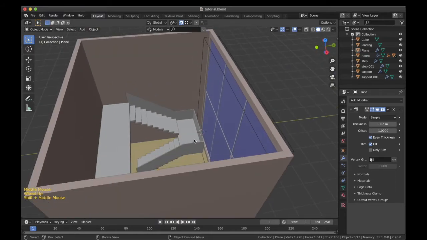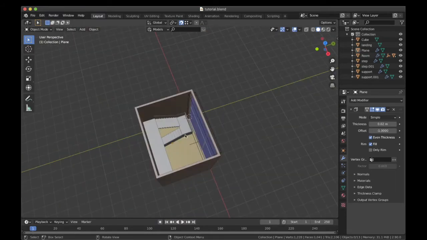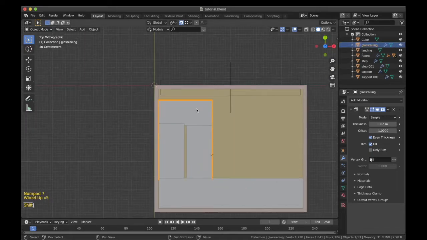Now we also have the railings set up. Now let me name this also. This will be named as glass railing. After this we will